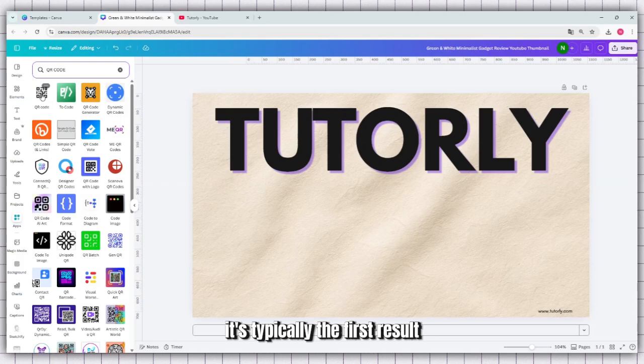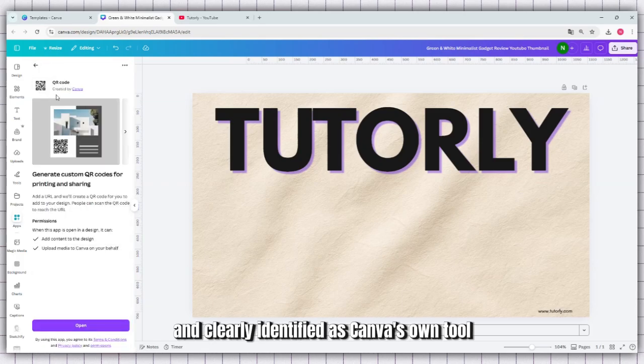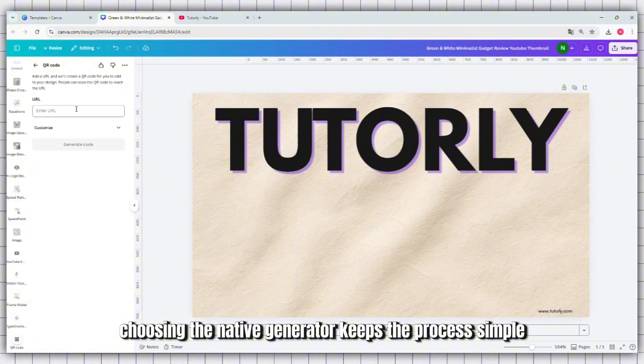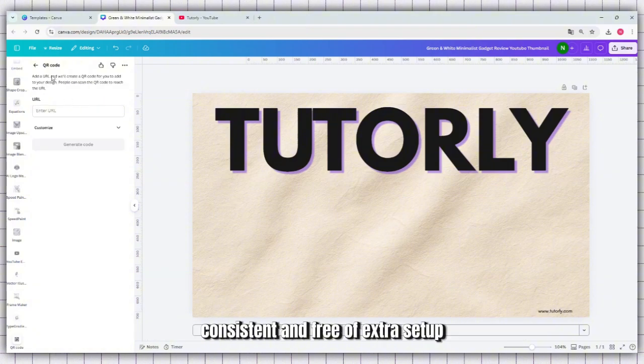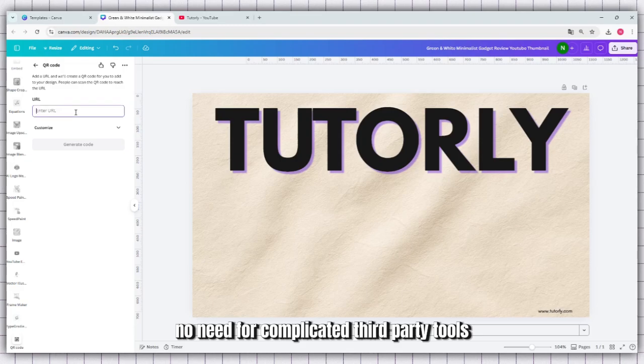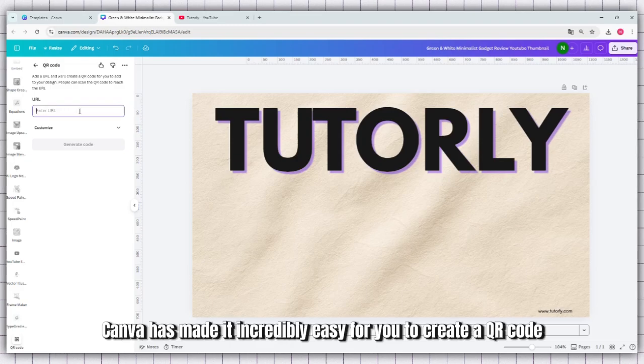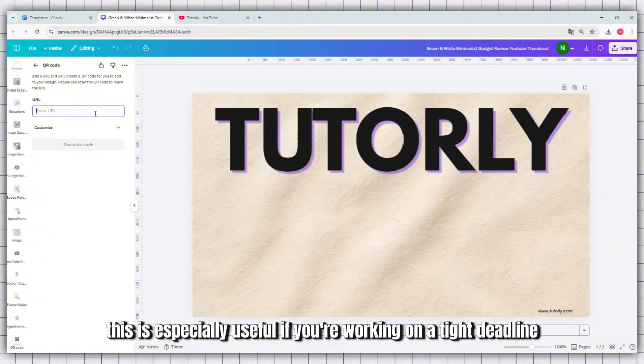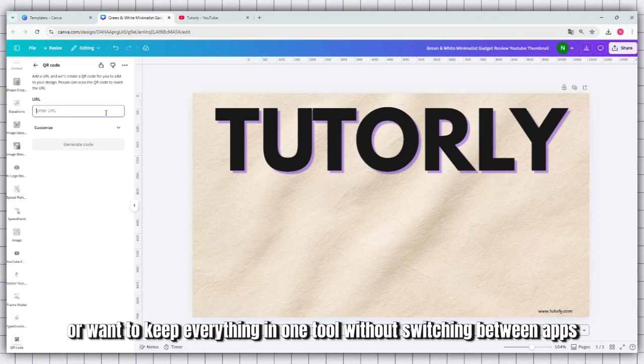Next, select the QR code app that shows up as the built-in option. It's typically the first result and clearly identified as Canva's own tool. Choosing the native generator keeps the process simple, consistent, and free of extra setup. No need for complicated third-party tools. Canva has made it incredibly easy for you to create a QR code directly within your design workspace. This is especially useful if you're working on a tight deadline or want to keep everything in one tool without